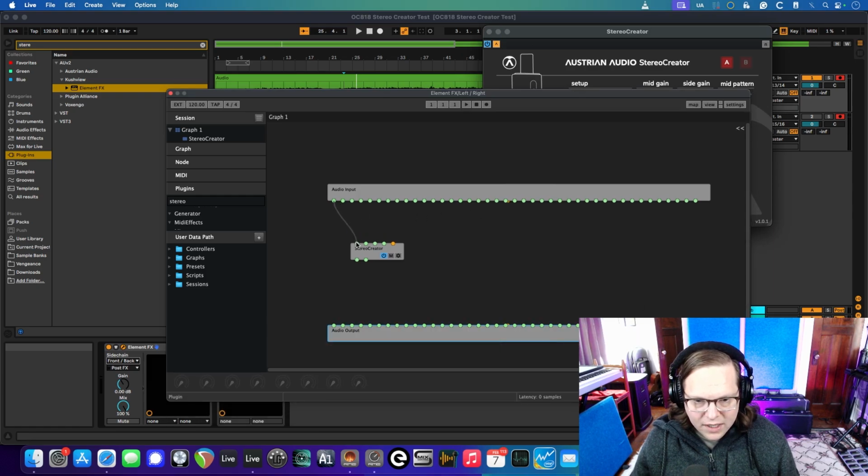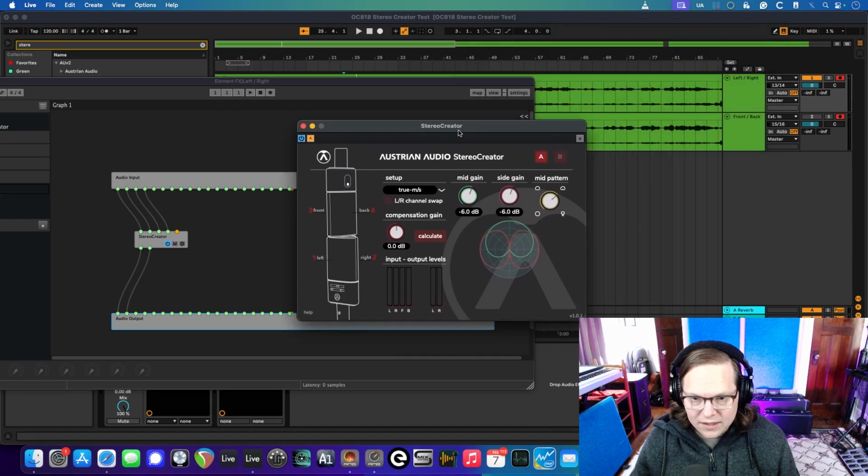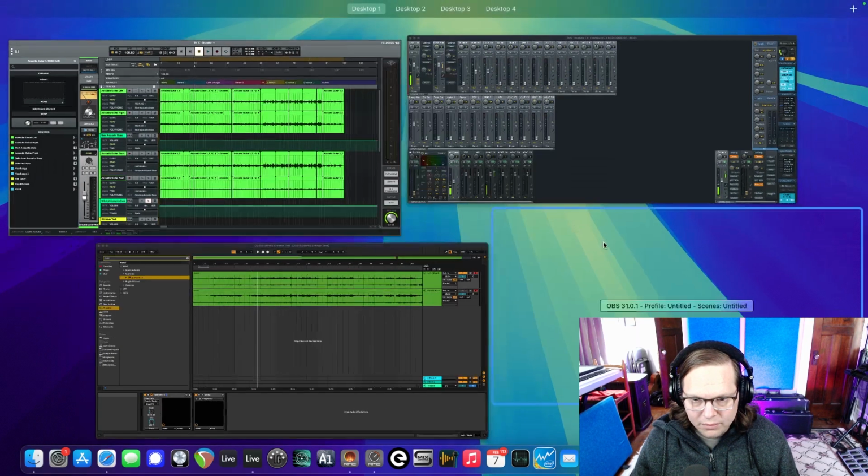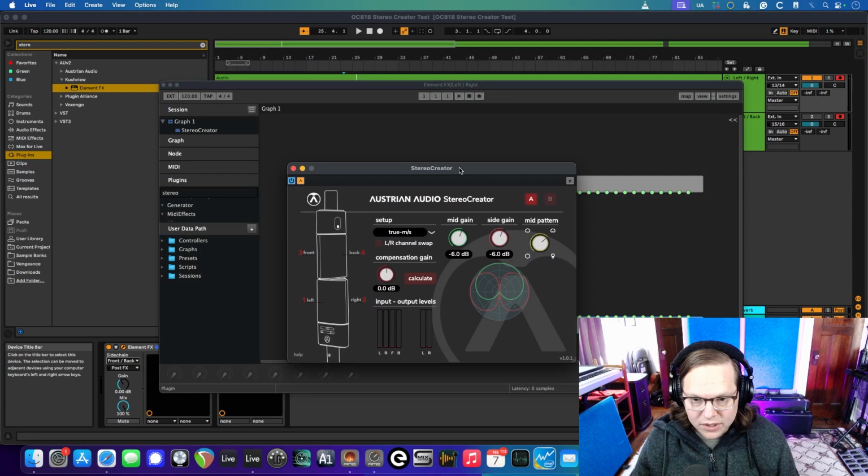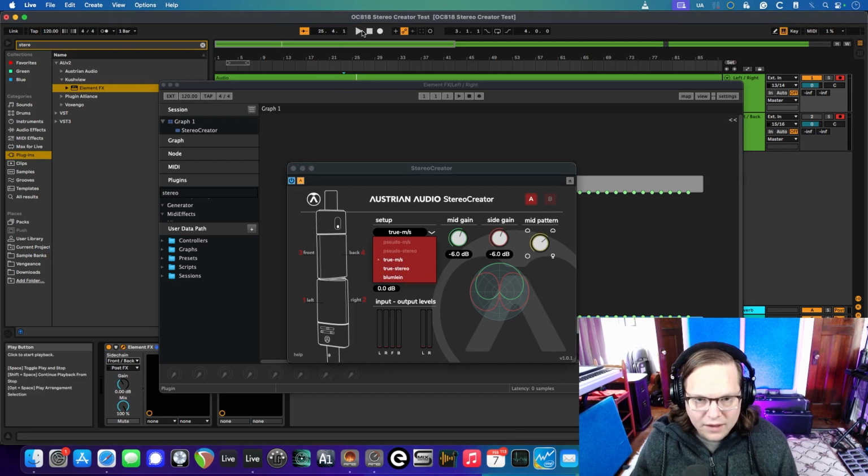So the two first ones correspond to our two channel inputs. These correspond to the side chain, which is what we just set up a second ago. And then these are going to go directly to our outs. All right, perfect. Now we see that the StereoCreator plug looks like it's supposed to. We've got the 1, 2, 3, 4 all assigned like we have, and we've got all of the true stereo effects in there. And if I start playing something, you can see